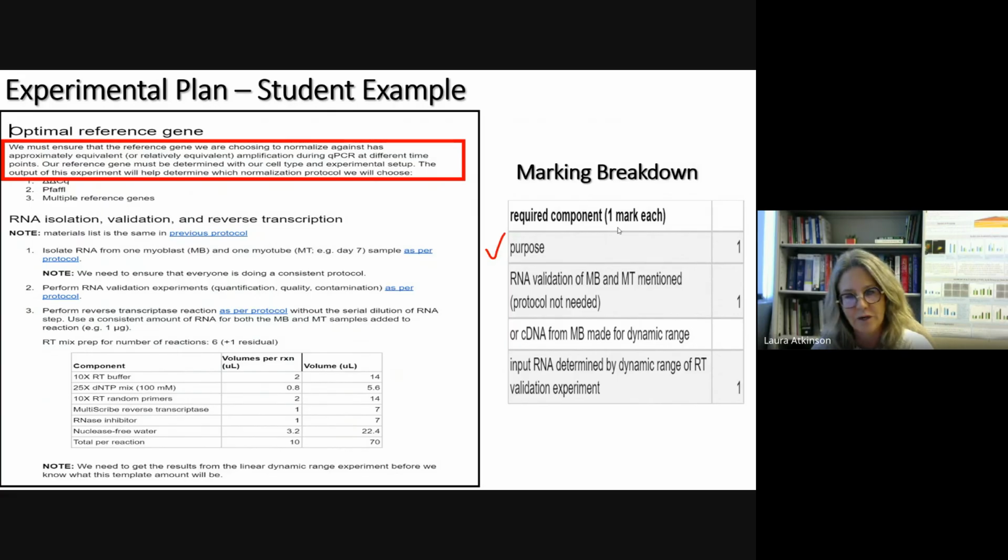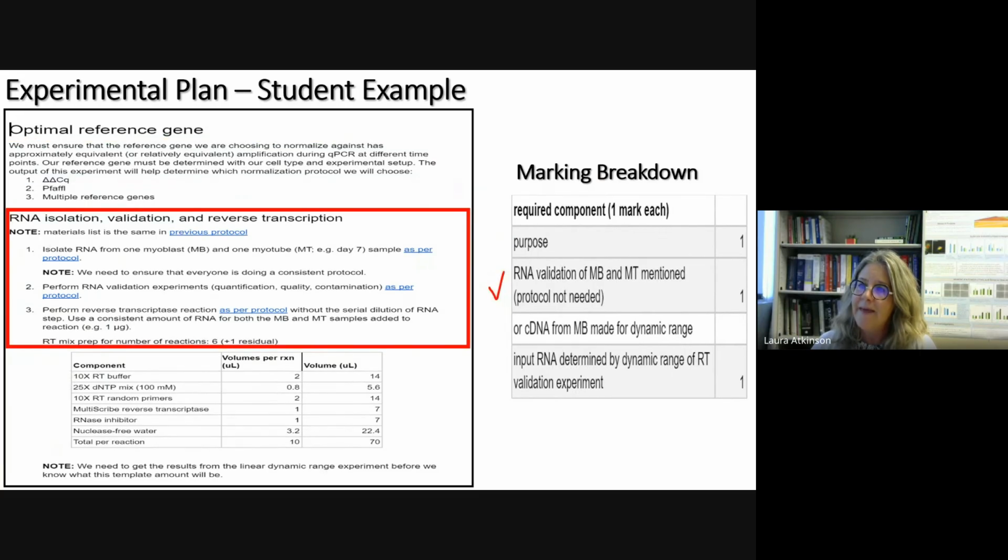No half marks, it's 1 or 0. And they get used to it real fast. So what is the purpose? Did they write the correct purpose? If they did, they get 1 mark. In this case, the student did. They said why we need to determine an optimal reference gene for this quantitative PCR experiment that we want to run. And then